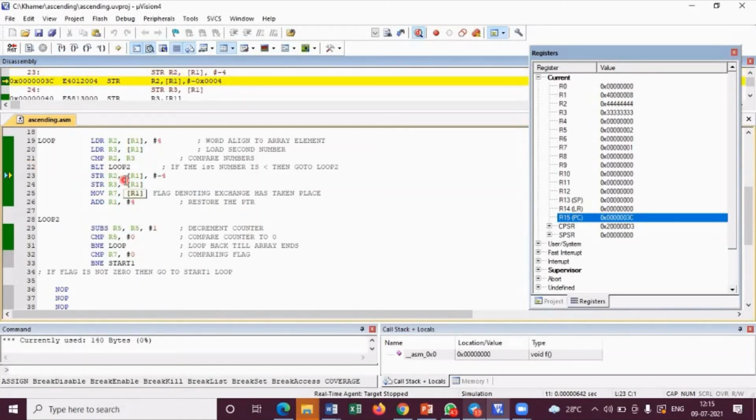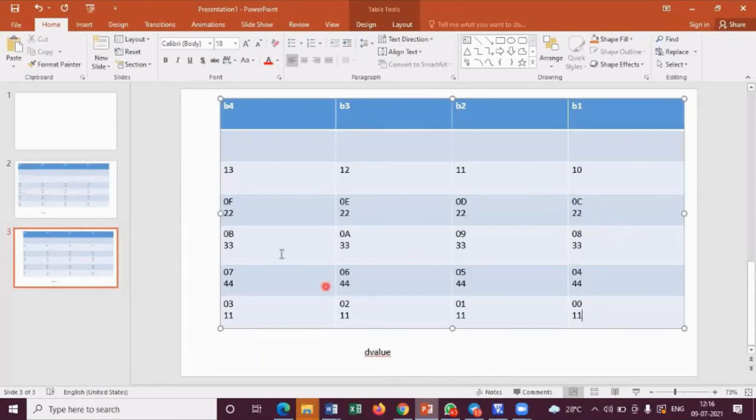Now my data is there in the R2, R3. I want to put the data back to my memory. So it is store operation. So see over here, whatever is there in the R2 register, which is 44, please move to the address which is there in the R1. So what address is R1 having? 08. Correct? 08. So my R1 is pointing over here and my data is 44. So my data 44 will be moved to the 08 address. Are you all following, guys?